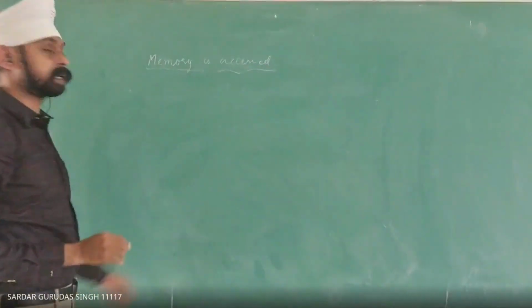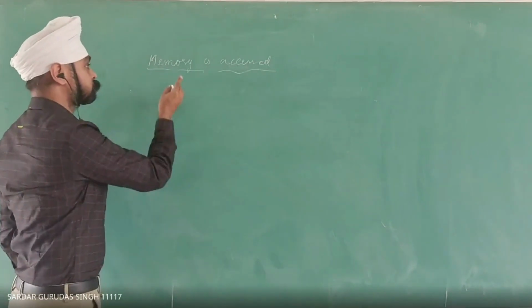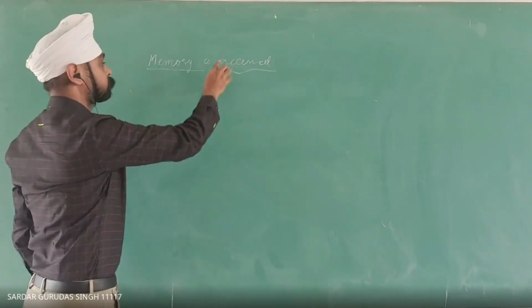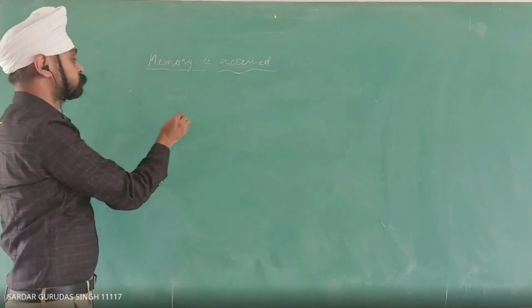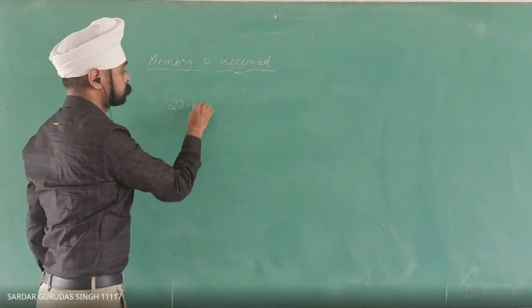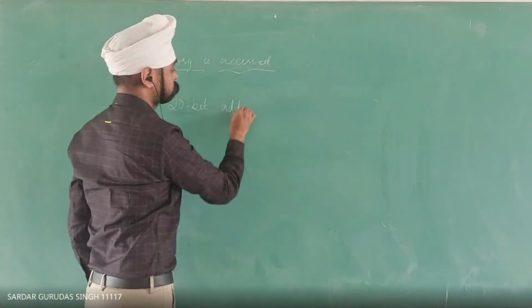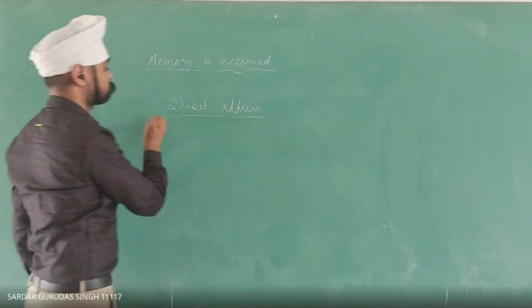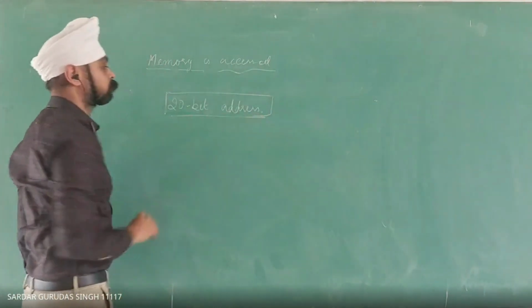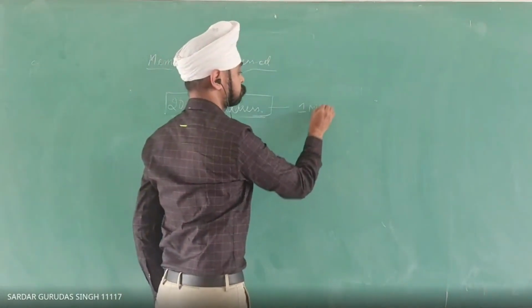In the last class, I already told you how many bits of memory address you require to access the memory of 8086. How many bit address do you require? 20-bit address is required to access